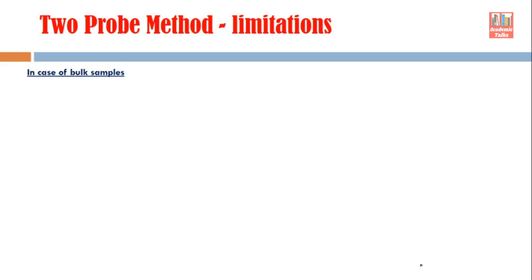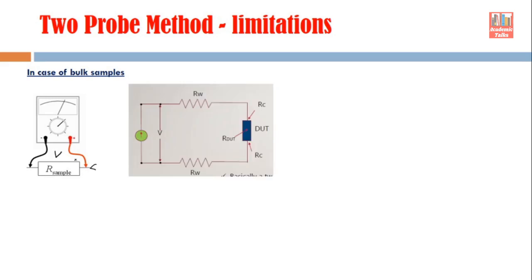So let's see in case of bulk samples what happens. Now suppose we are making this kind of arrangement. We are allowing I amount of current to pass through this resistance, and we are measuring the voltage V appearing across this conductor. From this we can find out the total resistance of the device. But we have to remember that this resistance which we are measuring using this technique